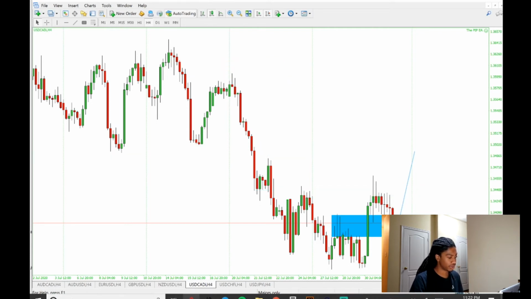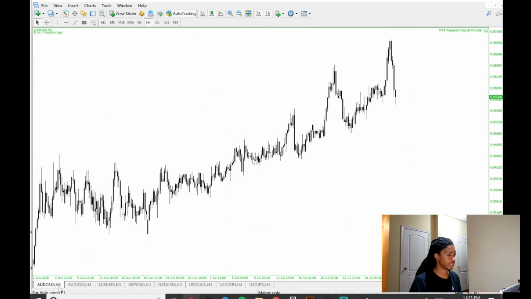So I'm going to go through, delete these. We got this as support, and I'm going to add another support. The reason why I'm looking for supports is because of the higher time frame. I'm only looking to buy. So once we get a green candle in here, we're going to be taking off to the upside. And that trade gets automatically sent over to the Telegram because of this EA here called the MT4 Telegram Signal